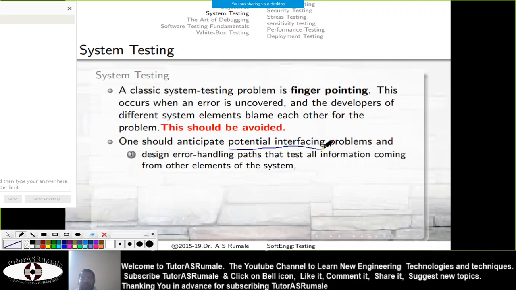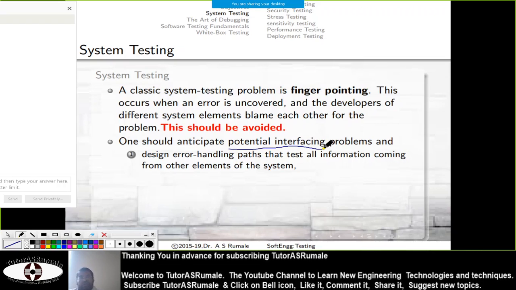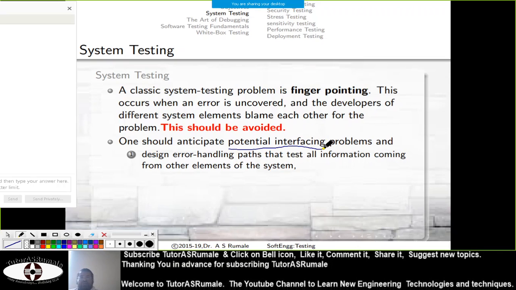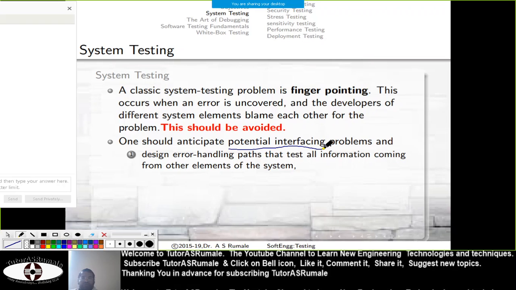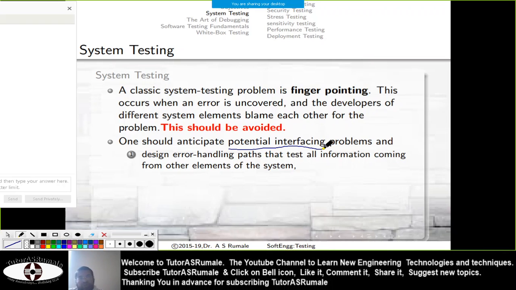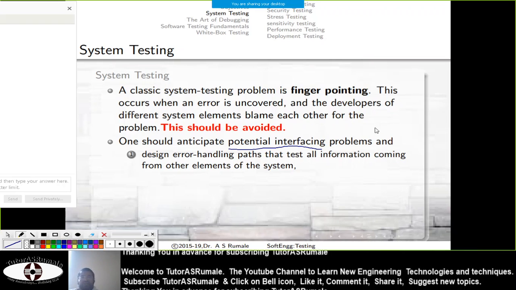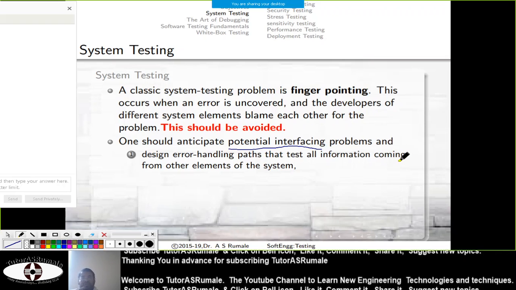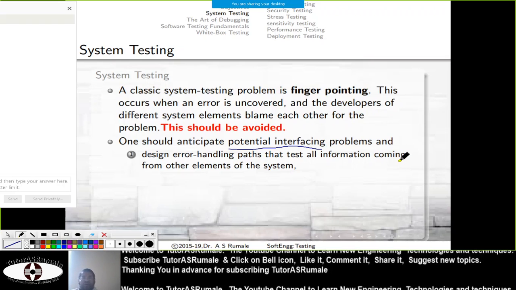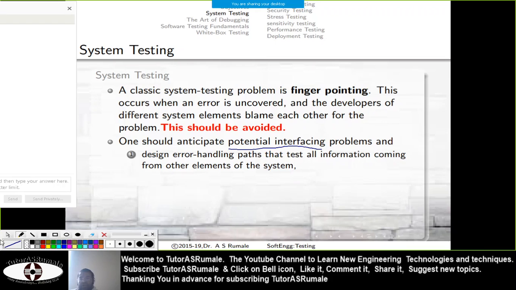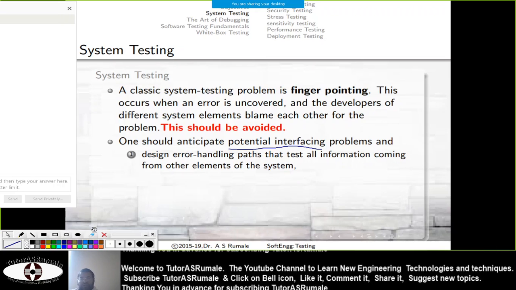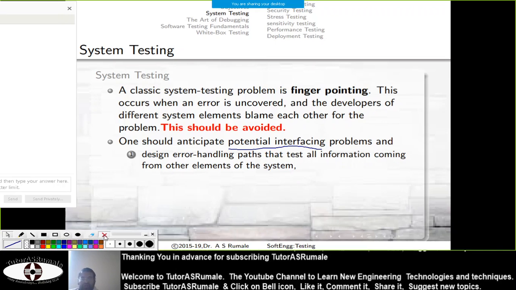Human interfacing means the team communication should be there. Then you have the machine and human, or human-machine interfacing, where you should have the user interface. So command line user interface, graphical user interface, implicit user interface, all those things require to be done properly. You require to do that in a good way.